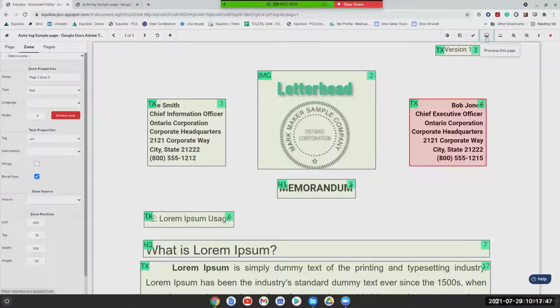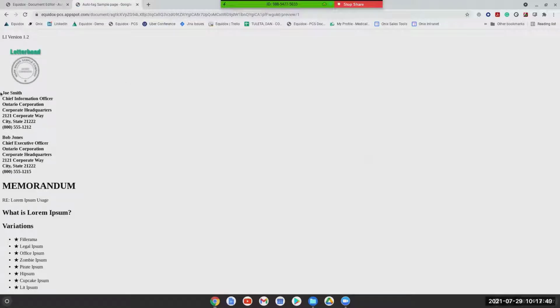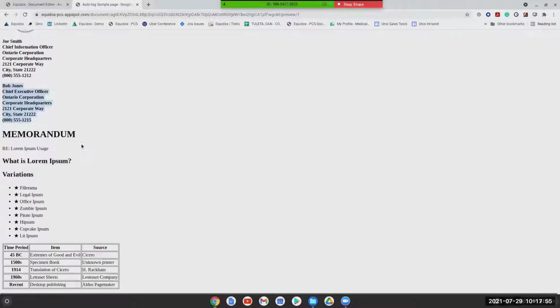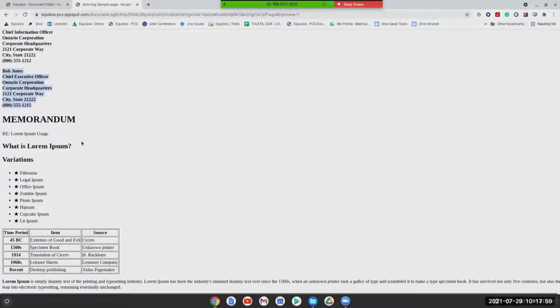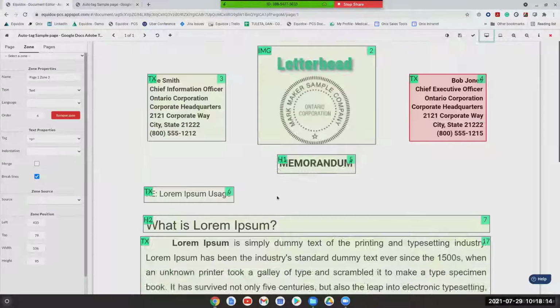So when I go back to the HTML preview, you'll notice the difference where these will actually be read more reflective of how they are positioned in the document itself. And then everything else is kind of lining up in this page. So other than my reading order, which needs to be addressed, if you remember, I've created this zone manually. So this manually created zone, I have to place in the correct location in the reading order. It actually belongs underneath this heading. So I can fix this very quickly.